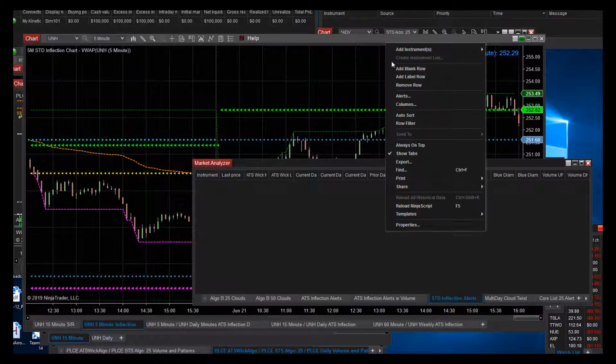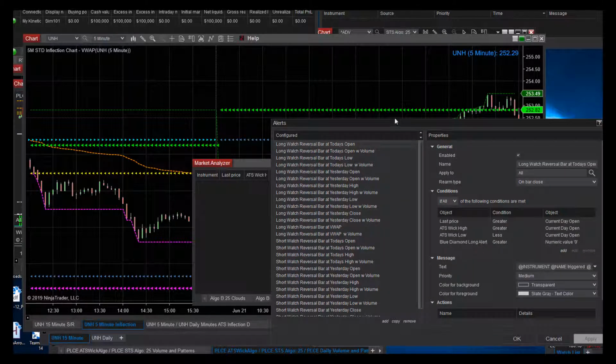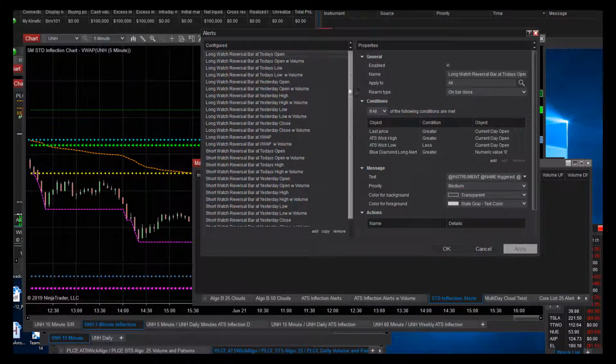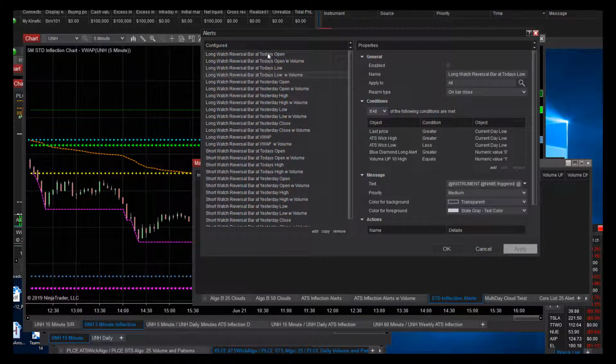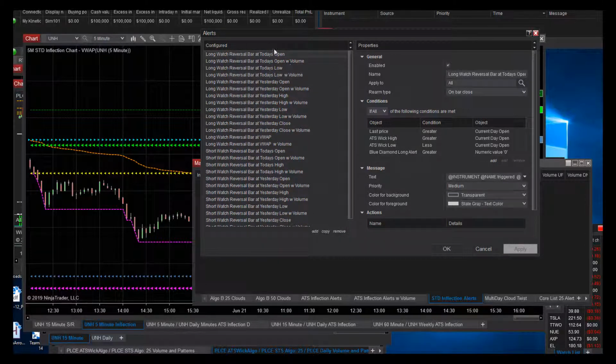And then you can go into the alert section, and it has a lot of alerts with volume and without. Now we've gone down and checked the without ones, not the with volume, are the ones that are enabled, and it will tell you it's at the open or it's at the low, and if it says it's a reversal, that means it was like right